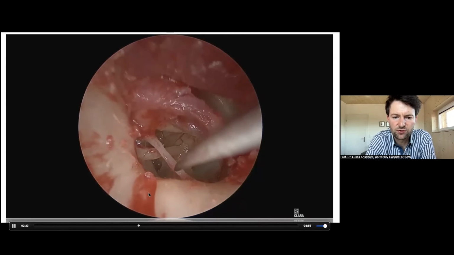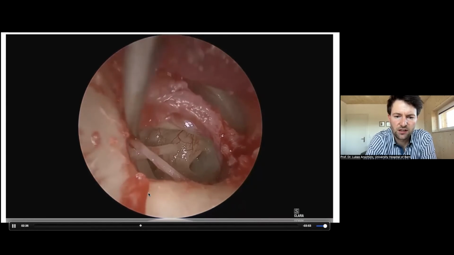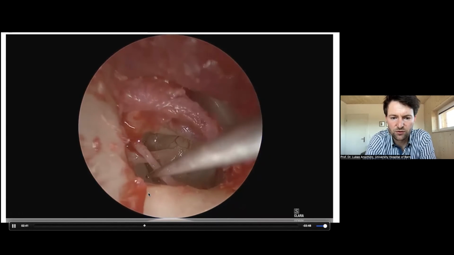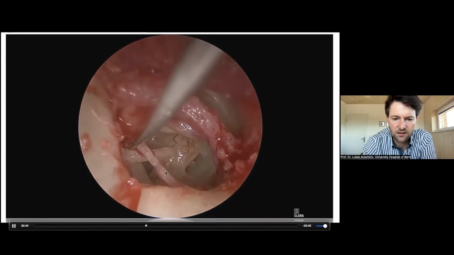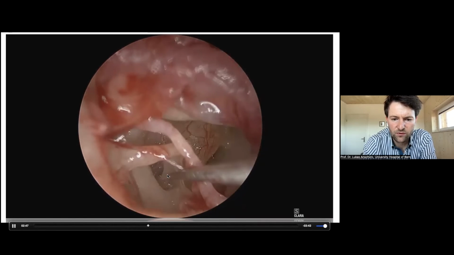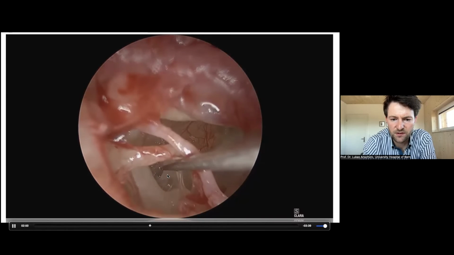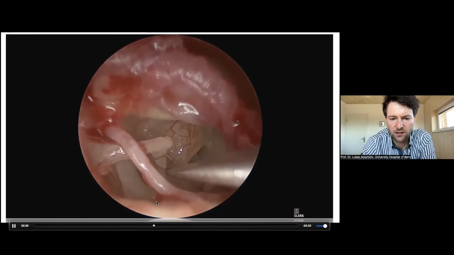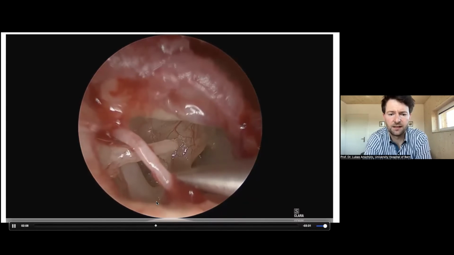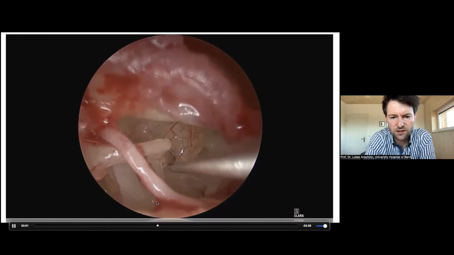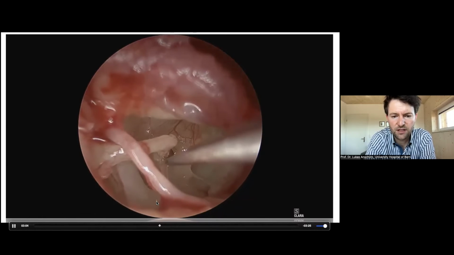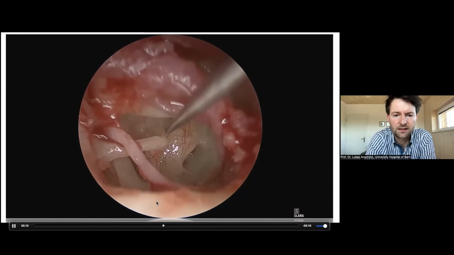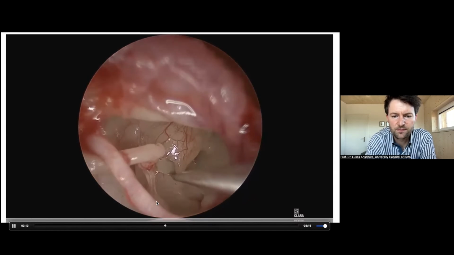Hammer is good, incus is good, and if we check on the stapes, you can see I see it very good, but sometimes it's difficult to reach it. You can see I need to move away a little bit the chorda, and you see the stapes is completely fixed. This is the facial nerve, and now I can cut open again the incudostapedial joint. I like to do it with a sickle knife, with a round knife, but you can also do it with a hook or whatever instrument you are used to. And we can see now good position, a good movement.